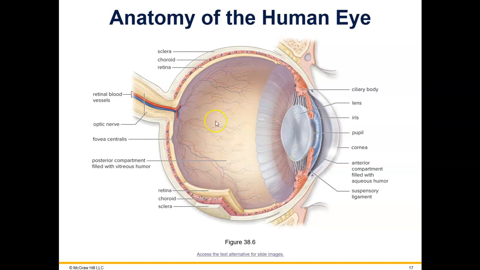The fluid in the front here is called the aqueous humor, and the fluid in this posterior compartment is called the vitreous humor. Light is going to pass through the pupil and through the lens, and then it's going to be focused on the back of the eye, which is called the retina. And once the light hits the retina,